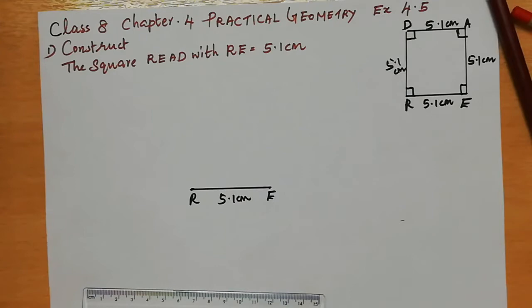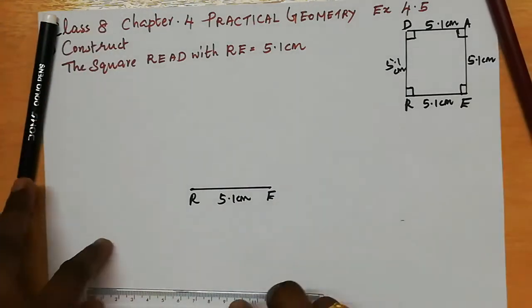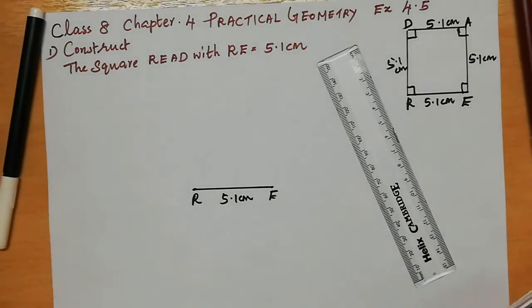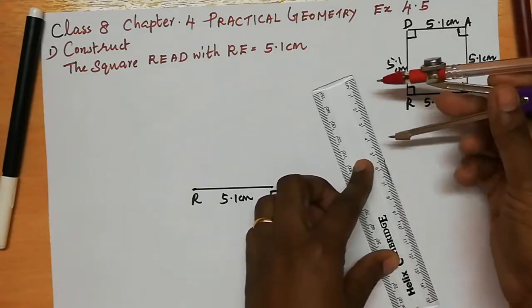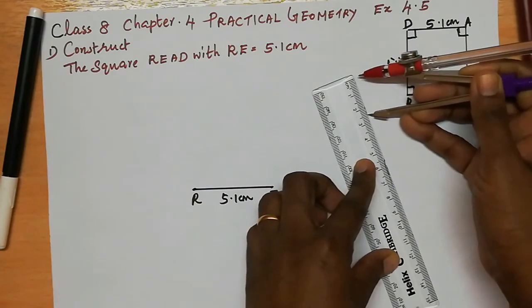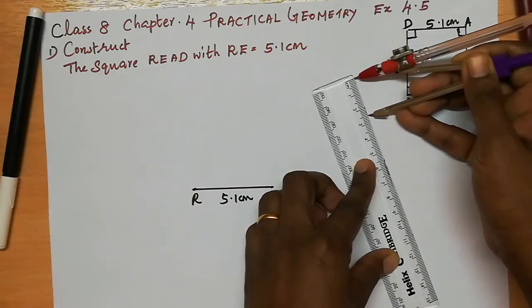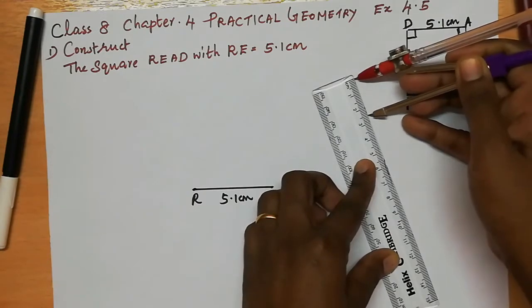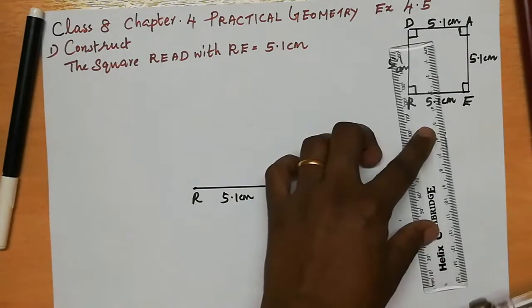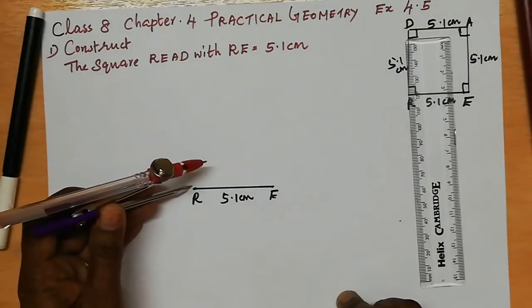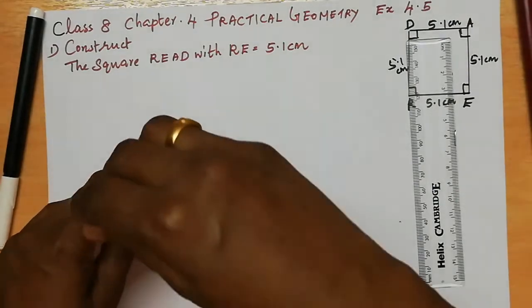We already did it in the last section, how to construct 90 degrees. You can take a small radius for your easiness. I'm taking 2 or 2.5. Okay, 2 or 2.5 you take. A small radius you can take, that is for easy drawing. Actually it is not a proper measurement, but for the easiness we are taking like that.